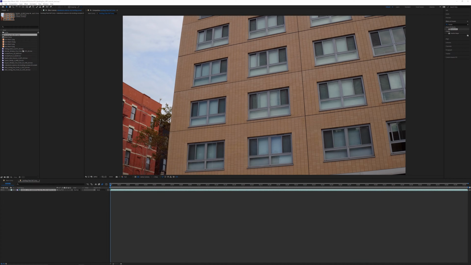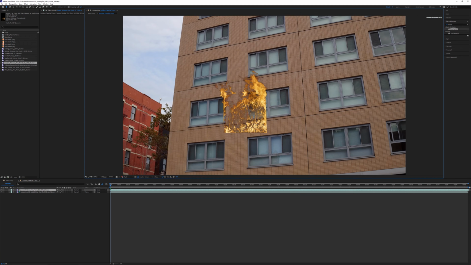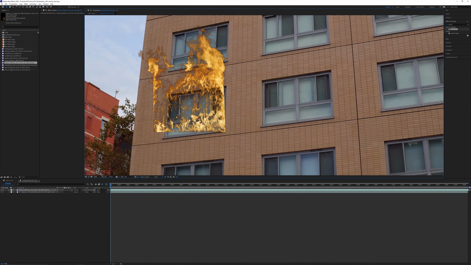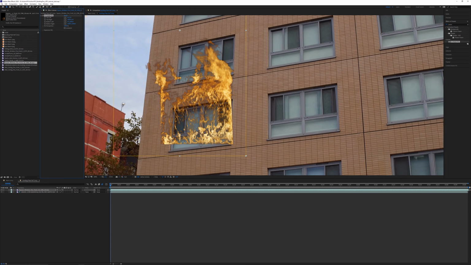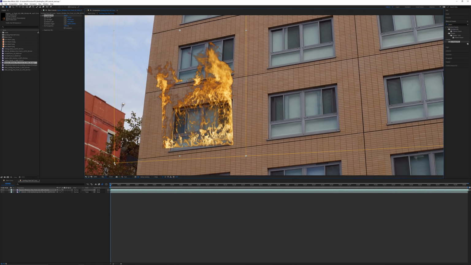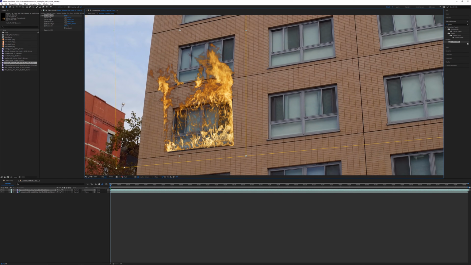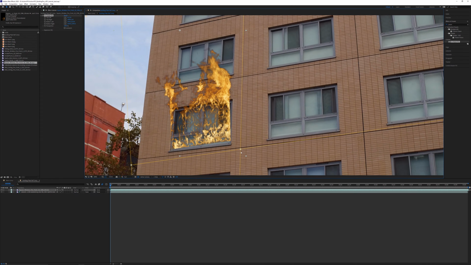All right, so the first fire element that I want to use is going to be this window Firefront 10. Pull this down, drag it over here. Now to align these, I'm going to choose this window as the one that I would like to track. I'm going to roughly place this where I want. And then I'm going to grab a power pin. Now the power pin is much more useful in my opinion than the corner pin. You basically have a perspective guide and it's really easy to align this with where it's supposed to go.